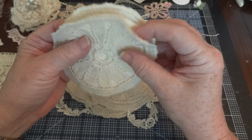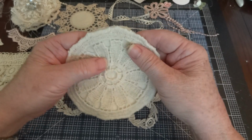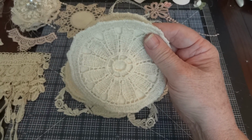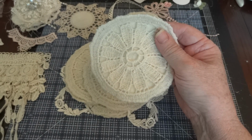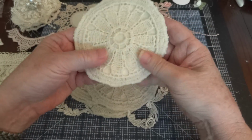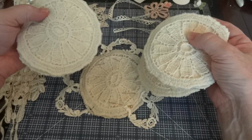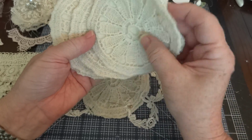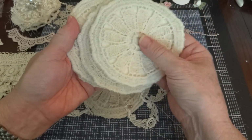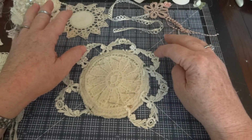I put 1 on each side with a round piece of batting in the middle. And as usual, I used my no-sew fabric glue, so they won't be going anywhere. So there's going to be a front, a back cover, and then 6 single pages in between. So let me get those out of the way. Now, in interest of time,